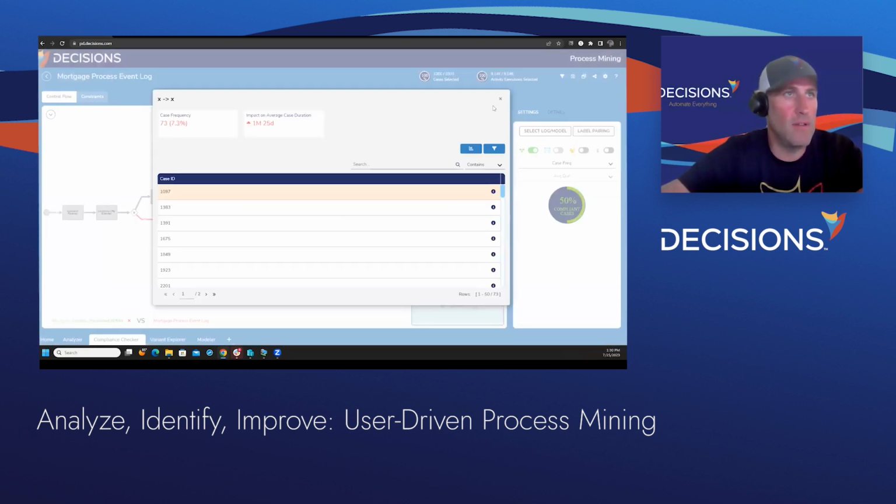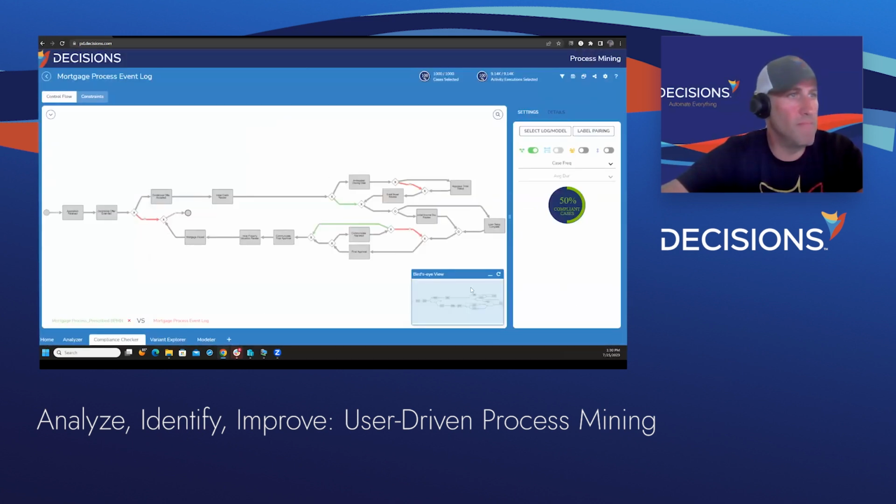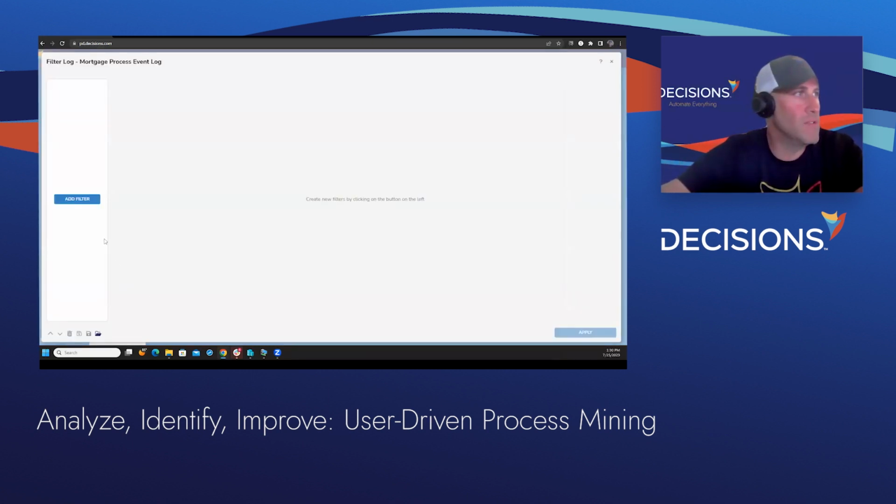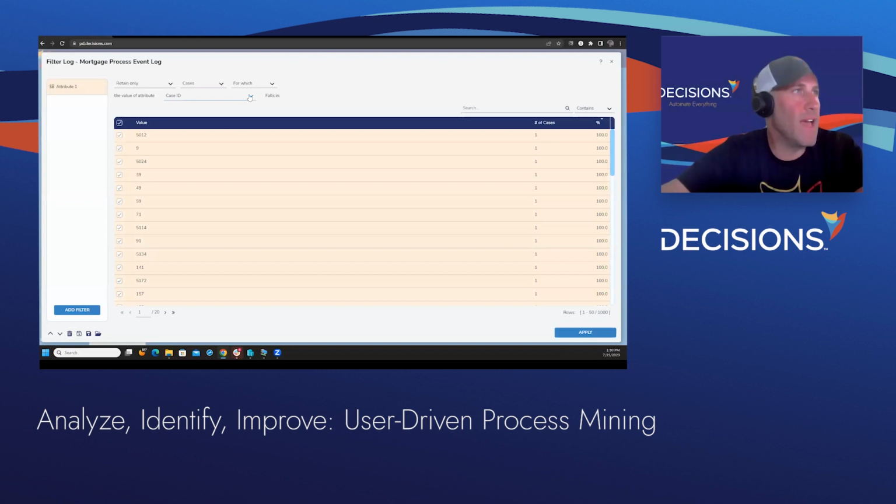Just to give you another perspective, we do have the capability of filtering in and out data. So again, we're at 50% compliant with all of the cases that we're currently mining or all these mortgages, but we do have the opportunity to start drilling into specific attributes.